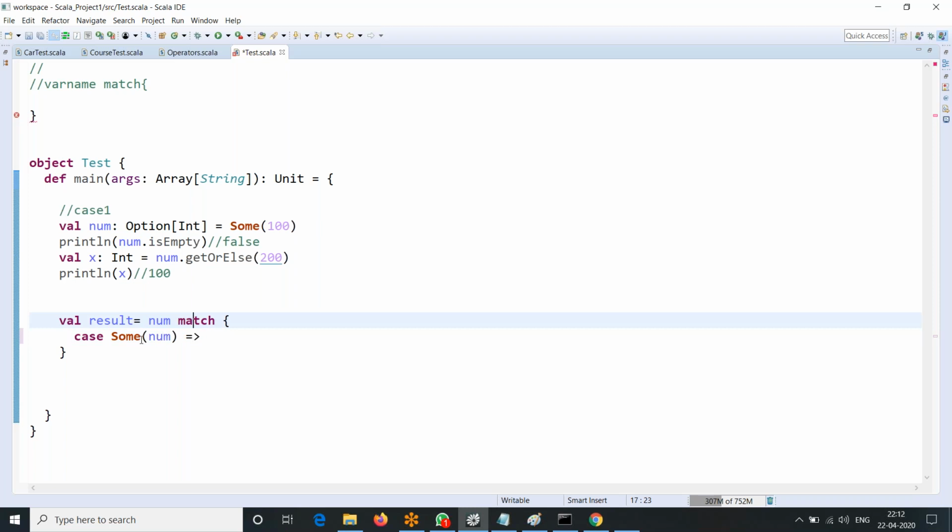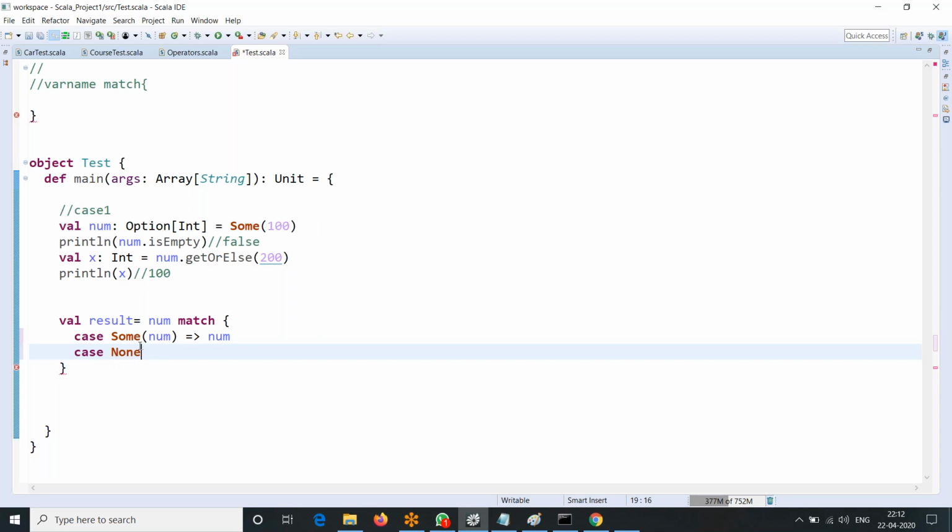If that number exists, then you can just print it, something like println of that number. You can directly print that, or you can also return it. And one more is case None, because with Option, the matching variable has two possibilities, either Some or None.